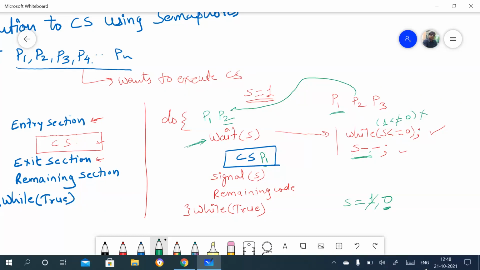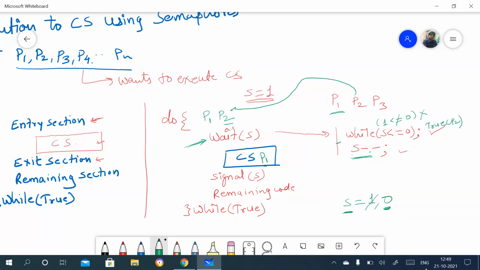Now suppose P2 comes here. What is the recent value of S? You can see here S value is 0. It means when P2 enters this function, S value is 0, so this condition is true for P2.